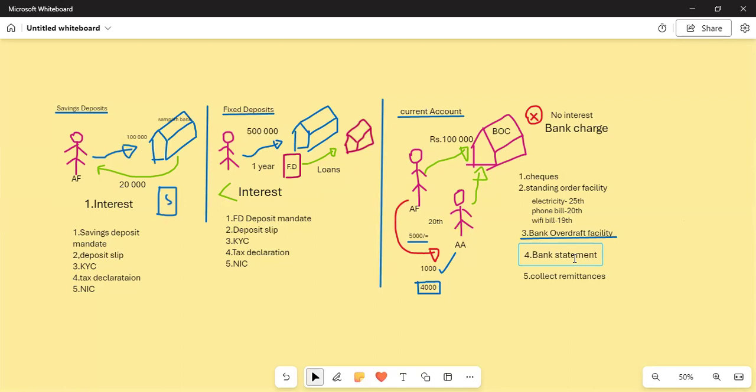Did you understand, Abdul Muiz? A summary. Collect remittances means, for example, you have invested some money in Sampath Bank. You have put a fixed deposit. You are getting interest for that fixed deposit. It automatically comes into your current account. That is collecting the remittances. And you are getting some money from the debtors. That money you will get directly into your current account. Am I clear?